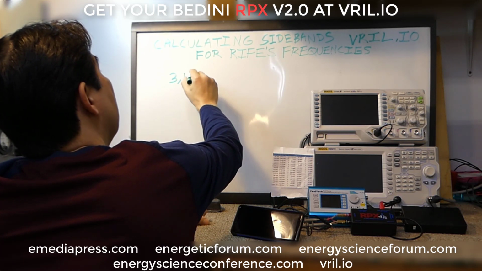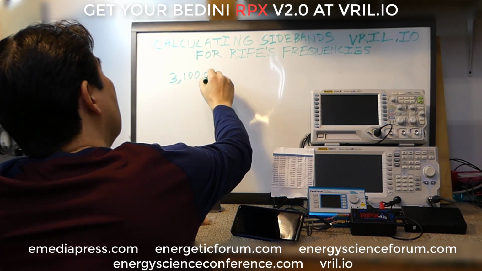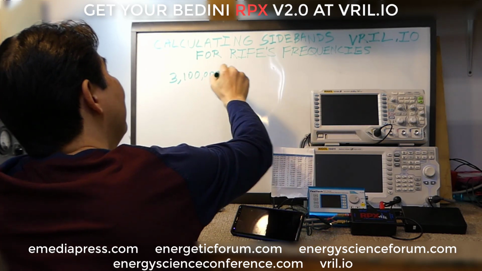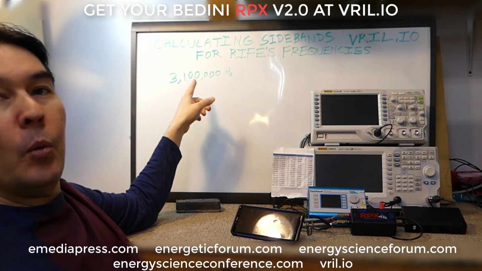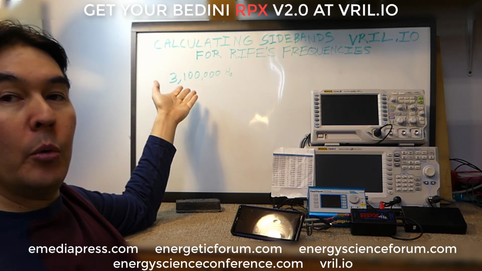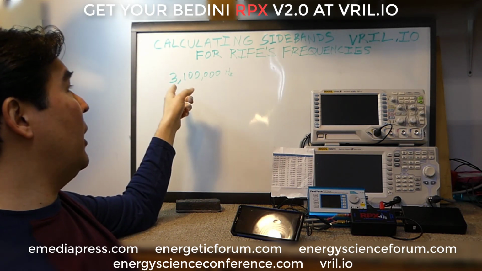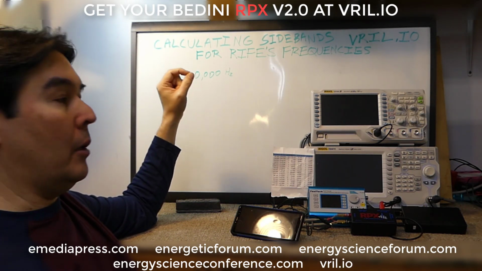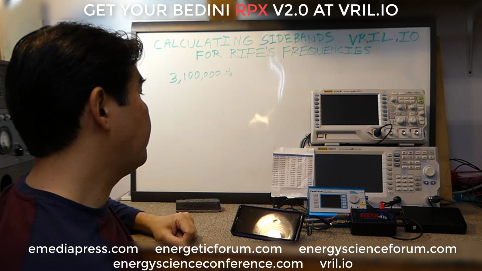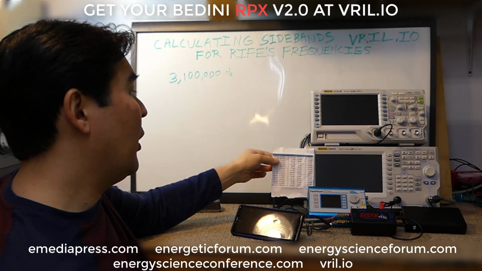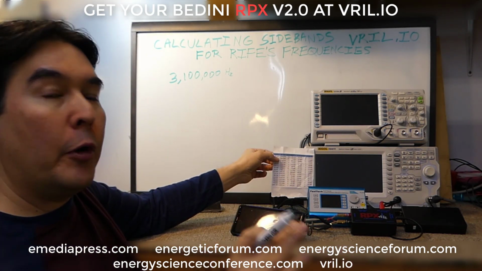We're going to use the full number. Okay, 3,100,000 hertz. That's the same as 3.1 megahertz. 3,100,000 times per second is the fundamental frequency. Okay, so what we're going to do is look at what Rife frequency we want to